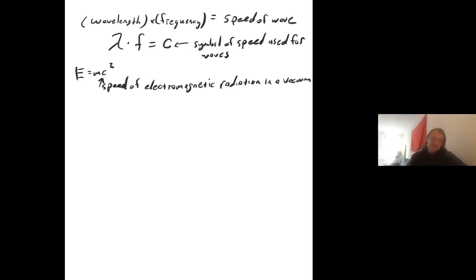So we're talking about the speed of a wave. Electromagnetic waves are the same as electromagnetic radiation, or for our purposes anyway. So here's our equation, and this one is kind of nice. So let me show you an example. It's a very simple problem. These are really easy. The only thing that can trip you up typically are the units because they're going to give you prefixes, okay? So let me show you an example.